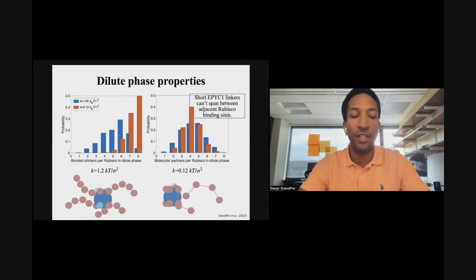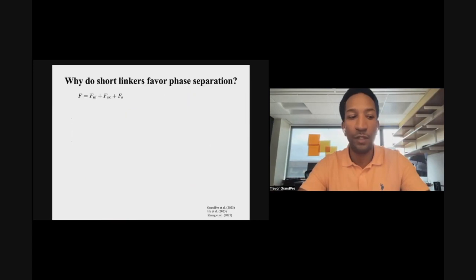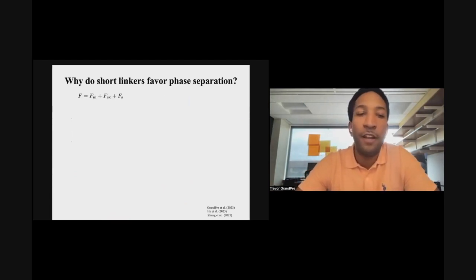We can also look at this from the perspective of the thermodynamic theory. That was more of a microscopic measurement, but it's not really a full theory. To really understand what's going on here, I constructed a theory called the so-called dimer gel theory, where you define a free energy density, which has three terms. One is just the